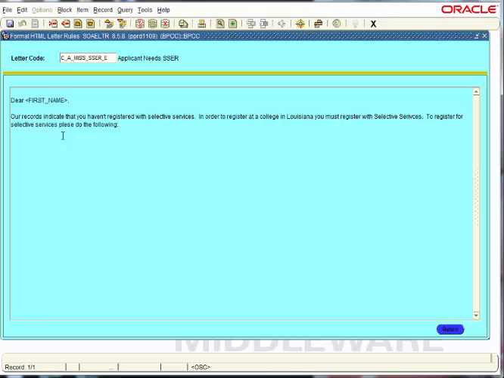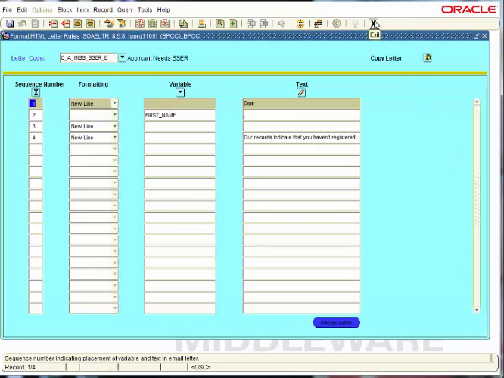They don't even have to notify you, because once they register, the next file that goes out, that student's name will still be on that file, and if they've registered at that point, we'll get that information back and we'll load it programmatically for you all, or using the batch process. Now, once your letter is created, you don't have to modify it.